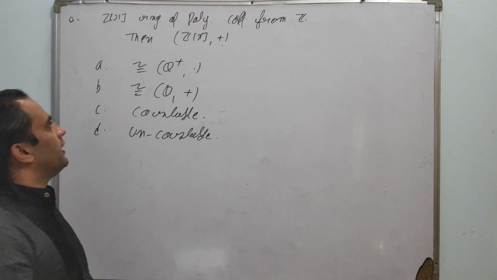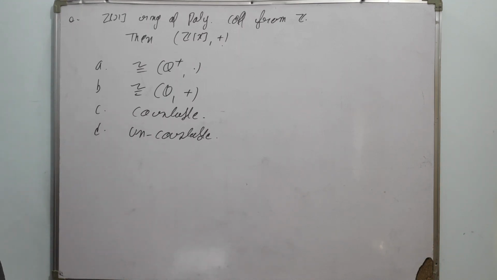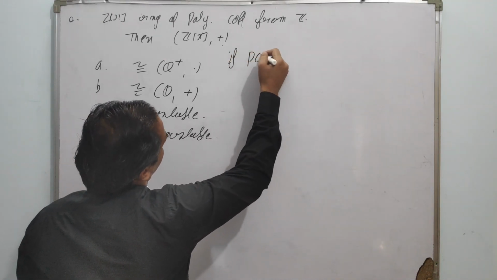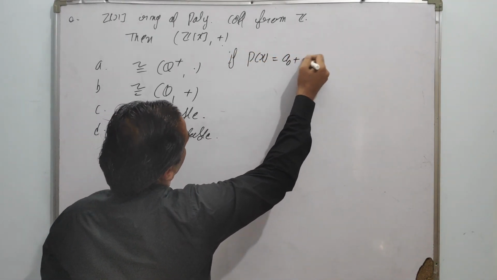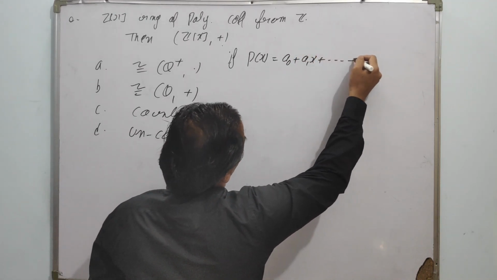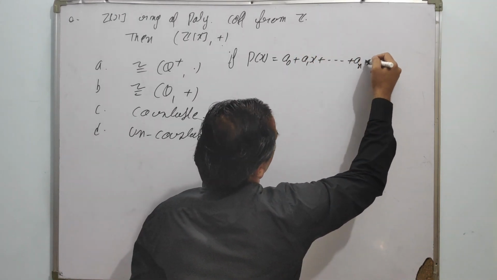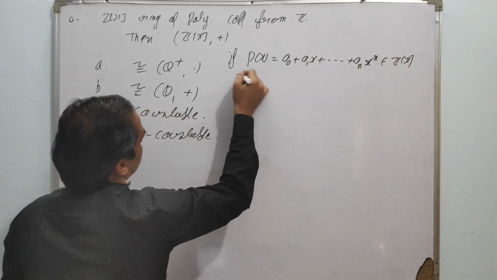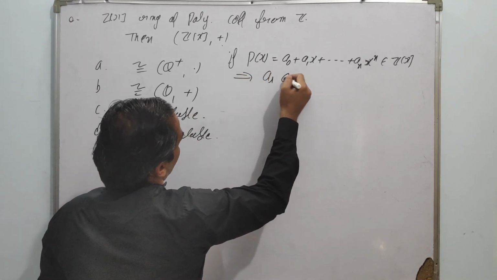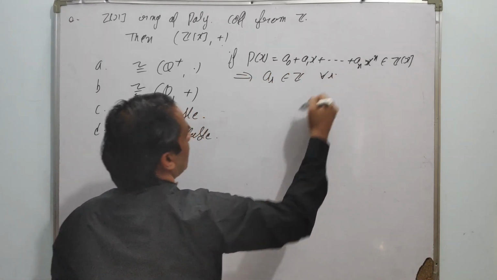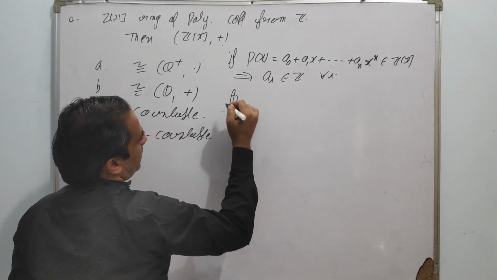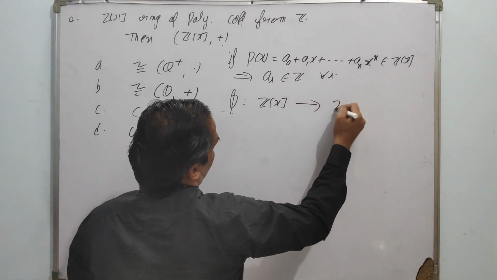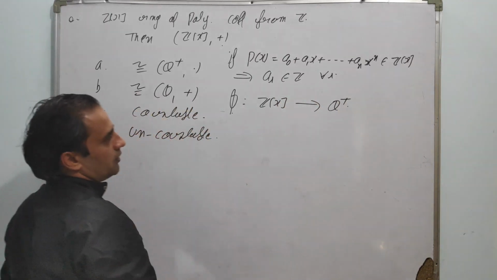So we have Z[x], the ring of polynomials with coefficients from Z. If we take any polynomial p(x), which is a0 + a1x + ... + an x^n, belonging to Z[x], this obviously implies ai belongs to Z for all i. Now we can define a function phi from Z[x] to Q+, the positive rational numbers,